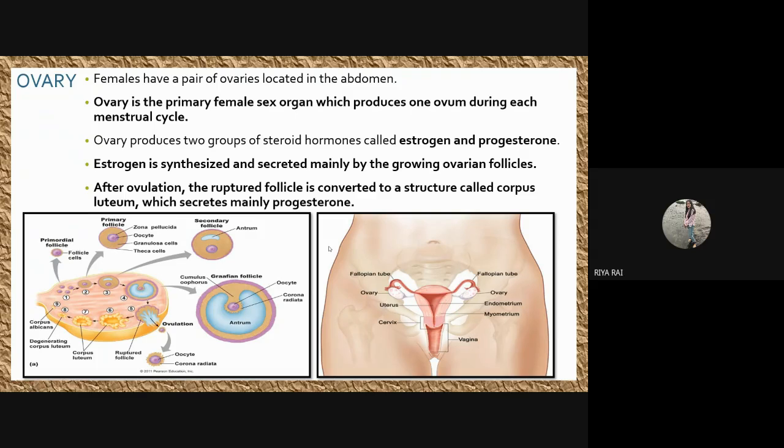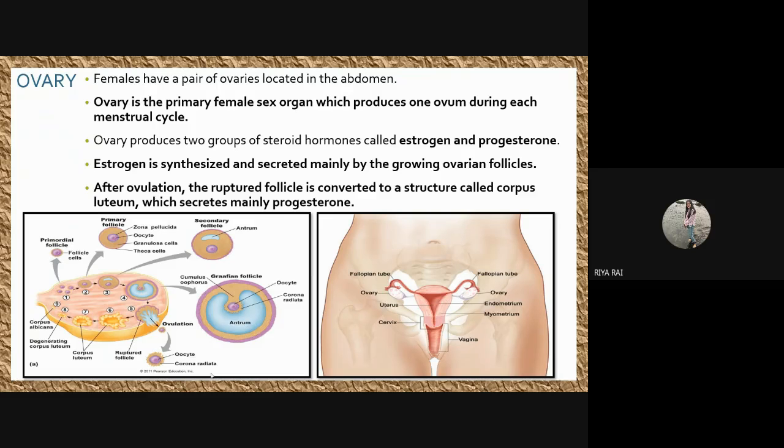Estrogen is synthesized and secreted mainly by the growing ovarian follicles. In this image, we can see different types of ovarian follicles which are growing. These are the different developmental stages of the ovarian eggs or cells, that is from the primordial follicle to primary follicle to secondary follicle, Graafian follicle, and like this. And estrogen is secreted by these growing ovarian follicles, and after ovulation,